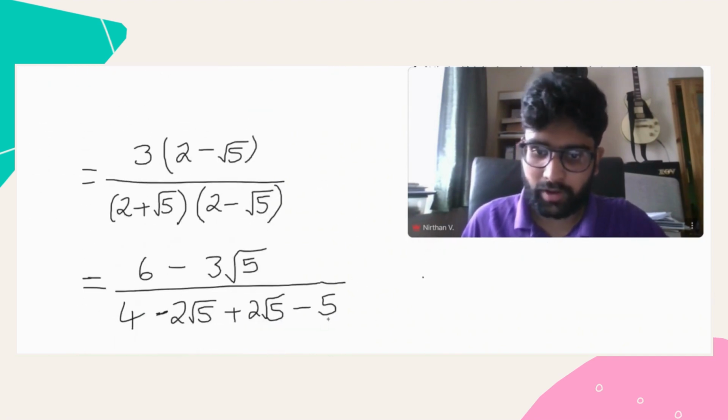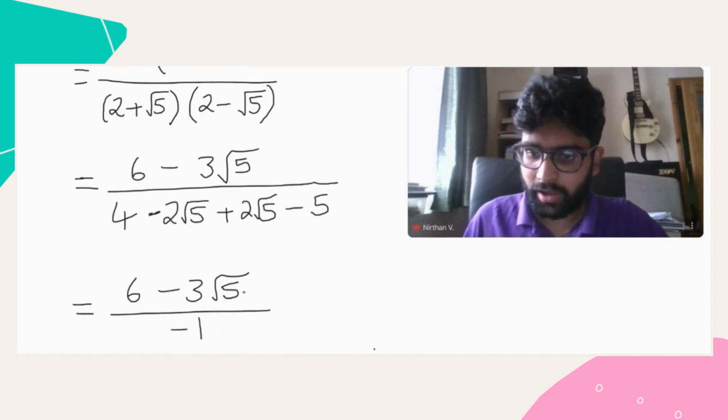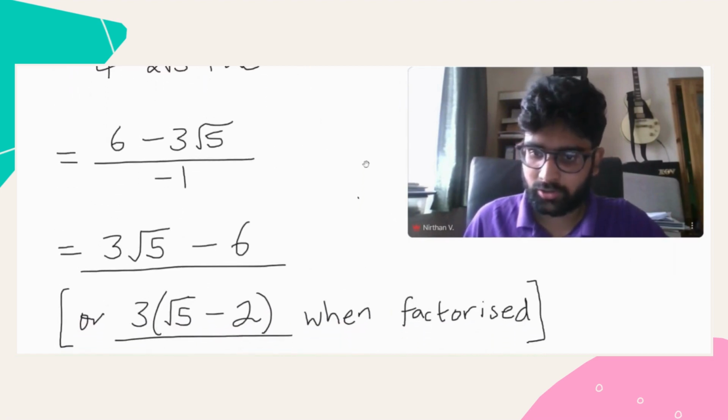From here, we just simplify the denominator like so, and then we end up with our final answer of 3 root 5 minus 6, or 3 brackets root 5 minus 2